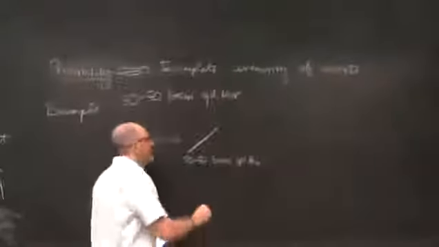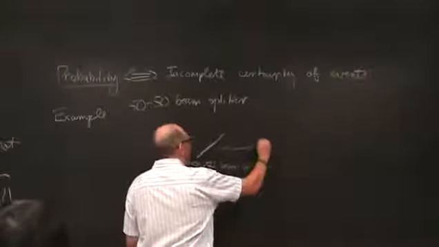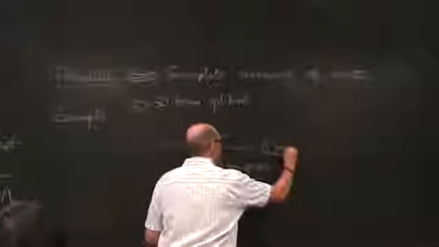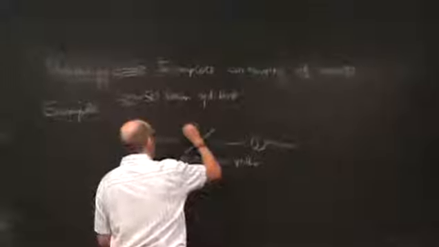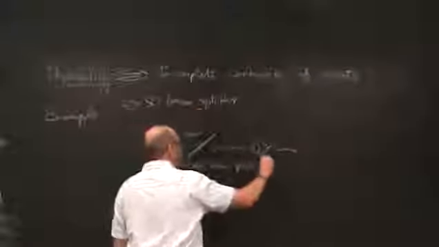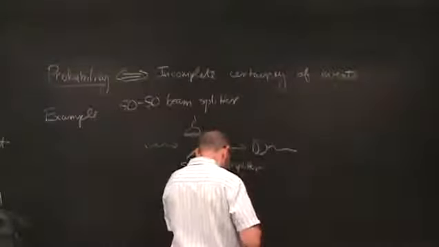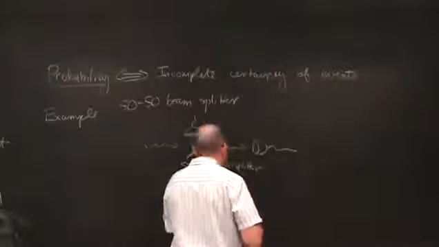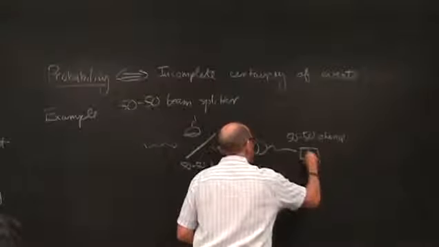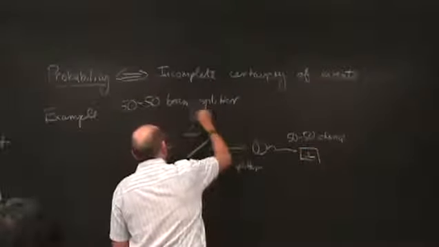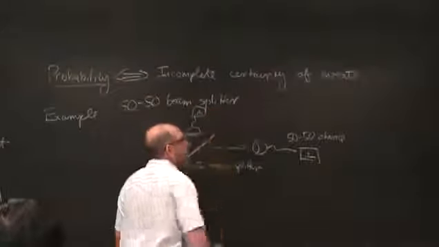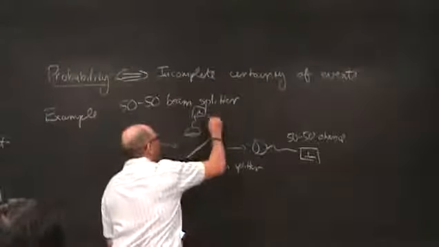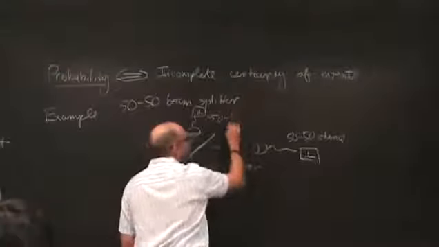It is such that if I send this photon onto this beam splitter, and I have two detectors on these two sides of the beam splitter, there is a 50-50 chance of this one going click or this one going click. Okay? That's what we mean by a 50-50 beam splitter.